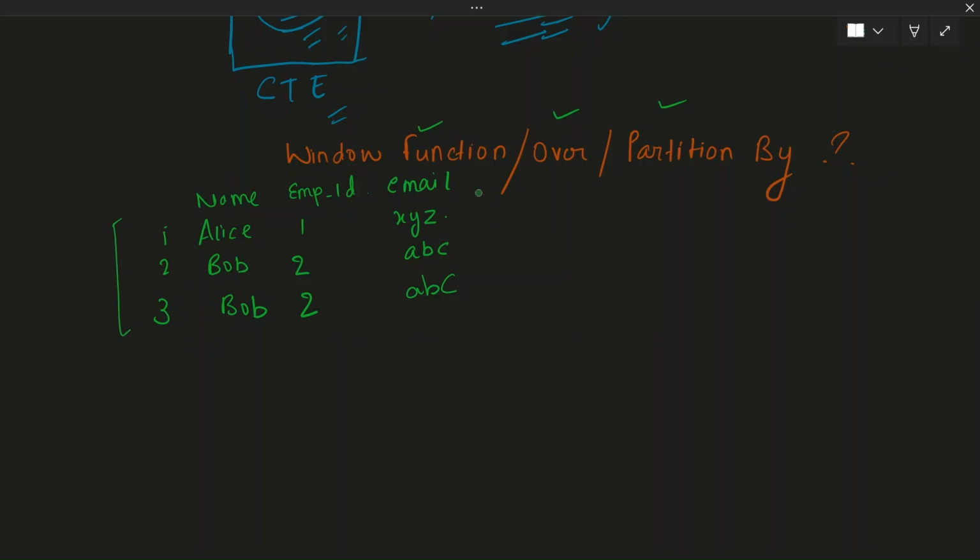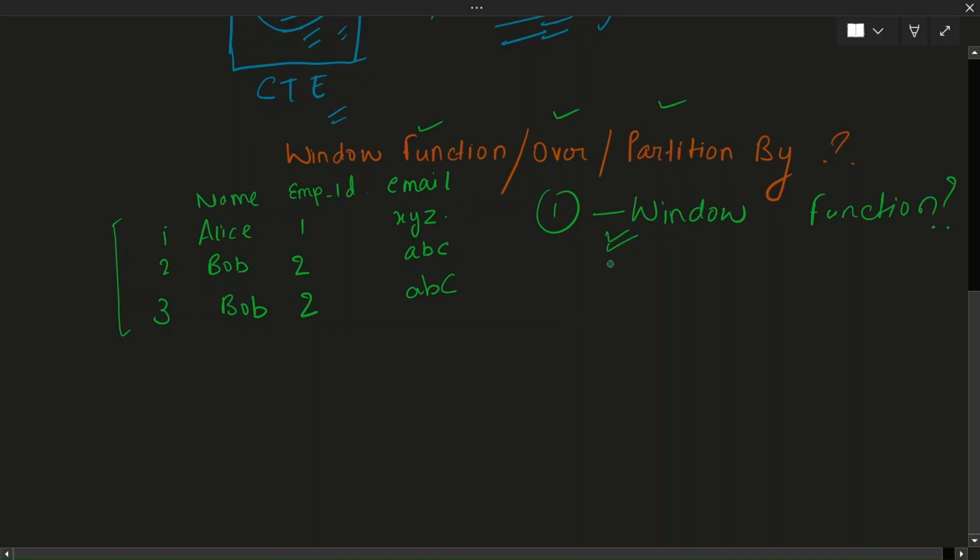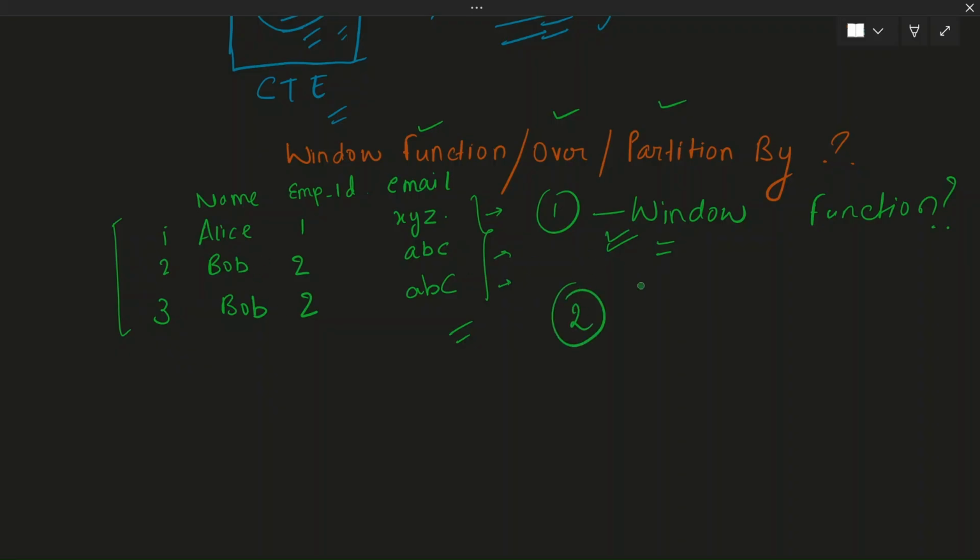Let's try to understand these three important terms before trying to understand the query. Here we have simply taken a simple data set with the column names employee ID and email. Let's continue with the first one, that is, what is a window function. Normally SQL collapses data, but a window function ensures we keep all the rows of our table intact while performing the SQL functions for each particular row. So it doesn't collapse our rows into groups. Then second comes the use of OVER. This is the magic word. It tells SQL, don't group these rows into one. Keep them separate, but look at them as a single set.